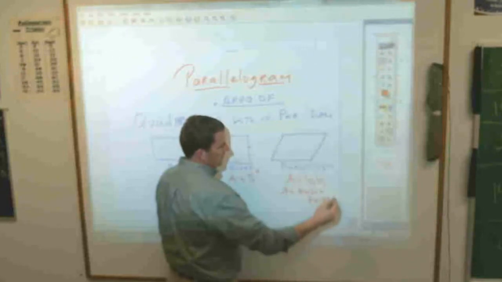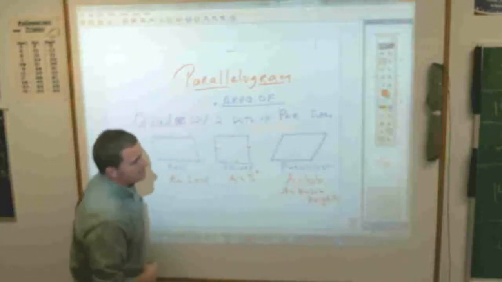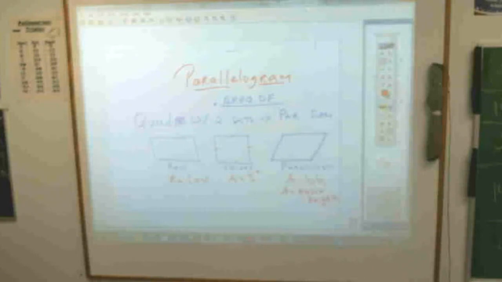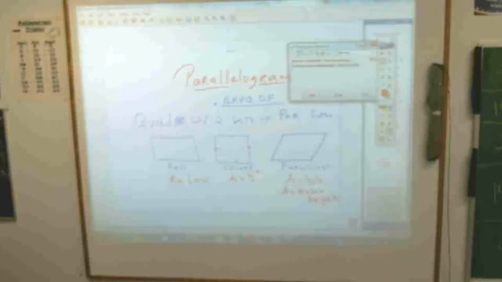And when you see base times height, in your mind, something should click that says what? Does anybody know? When else do we see base? When we do triangles, area equals 1/2 base times height. And what do we say? When you use the word base and height, children, in a formula,